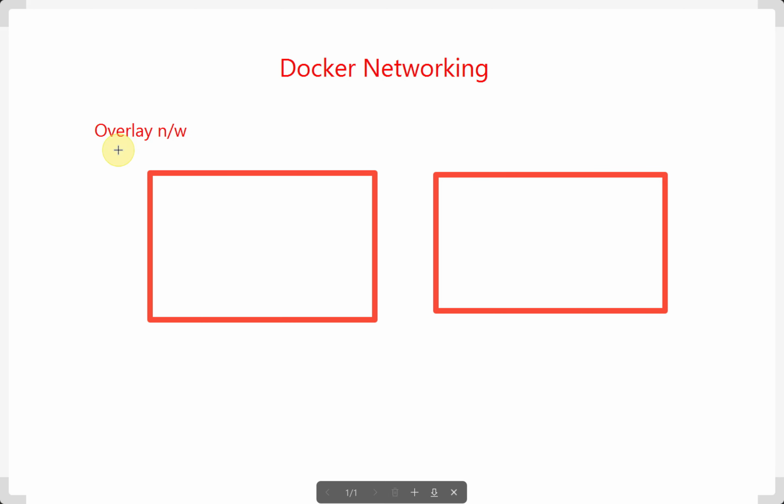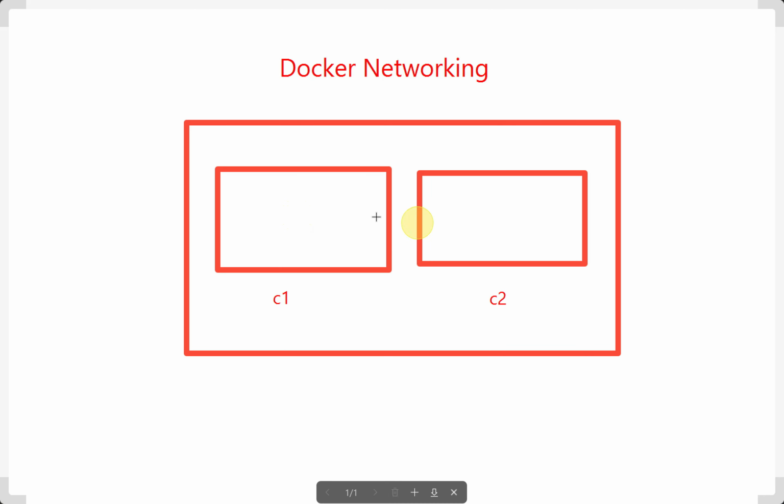And the third type is overlay network. This is the popular network type, and this is mostly used in Kubernetes and Docker Swarm. In these kinds of architectures we can use overlay network. There we will have multiple hosts or multiple nodes. And if you want a common network for both, you can have an overlay network there. So these are the three types of networking.